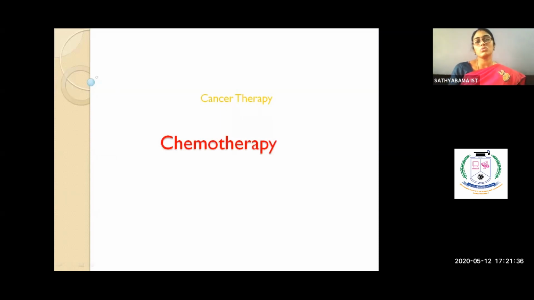So moving on to the next one, which is chemotherapy. That comes in your radiological things, right? So it's a therapy. Chemotherapy, again, we all keep hearing about chemotherapy these days, right? So it's becoming a very common thing. Cancer is becoming a very common disease. Before, we used to be scared of cancer and now we're scared of corona, right? Cancer is a very fatal disease, right? Even if we get cured, it leads to some other problems, right?